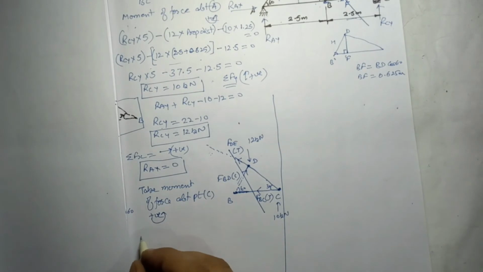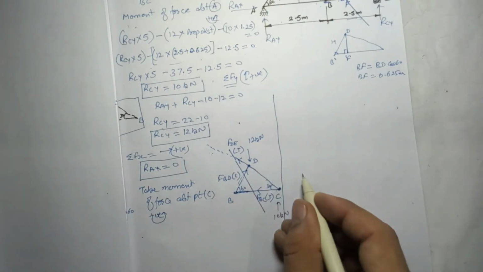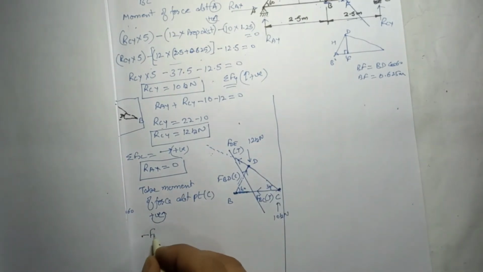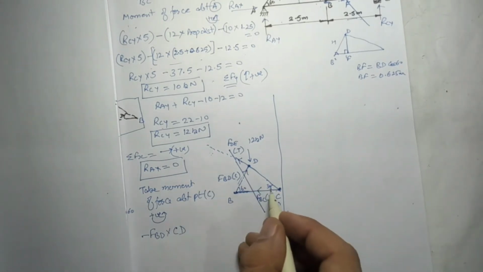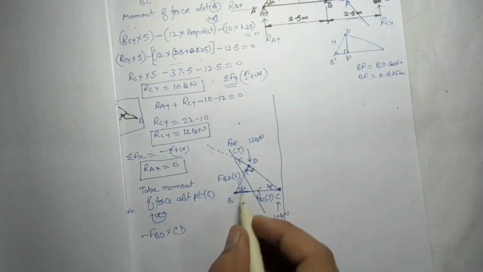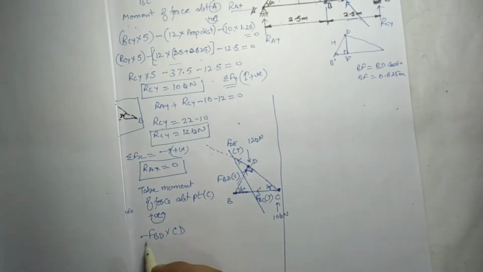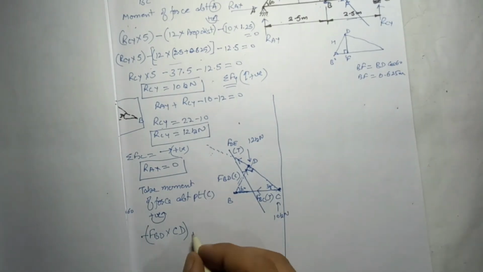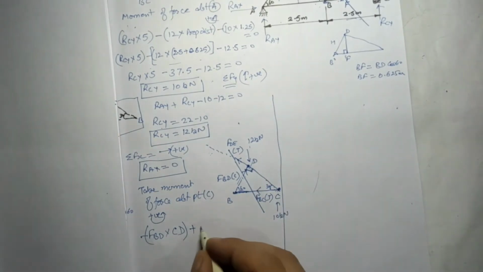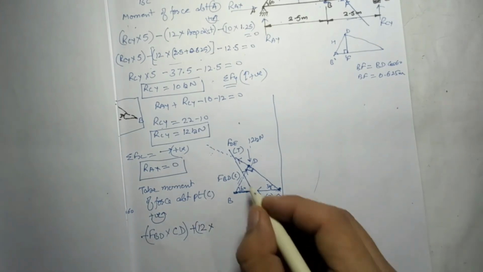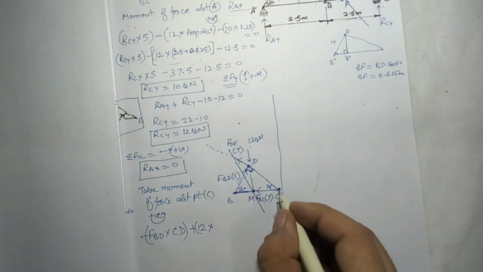So what will be the equation? I can see here, this is FBD, but it is going clockwise about point C. So this is minus FBD into, what is the perpendicular distance? CD. Why? Because this is 30, 60, if I say this is 90. So between FBD and this point, this is the perpendicular distance CD. So we have the value of CD, I will put it later on, plus 12 about point C. 12 is anti-clockwise, so plus 12 into the perpendicular distance. So it will pass like this. So I have to find out this distance MC.